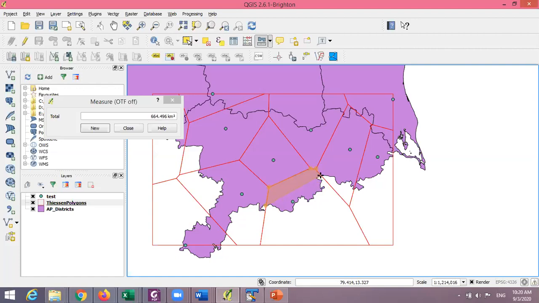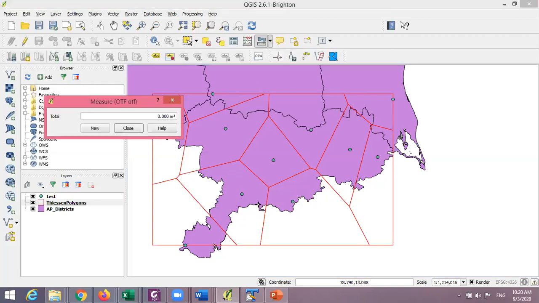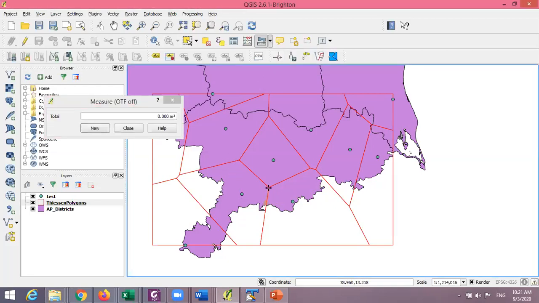Up to here, it's all regular boundary. Then after that, I'll try to go around this. Instead of going crazy, clicking, I'm just going to very quickly go around the boundary. And then at the last vertex, I right click. Oops, I'm sorry. I think I made a mistake somewhere. Let me start again. Measure area.